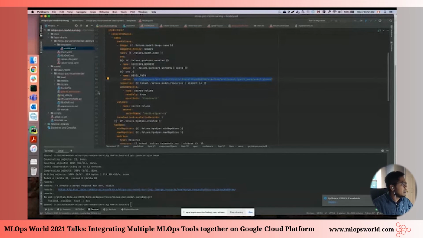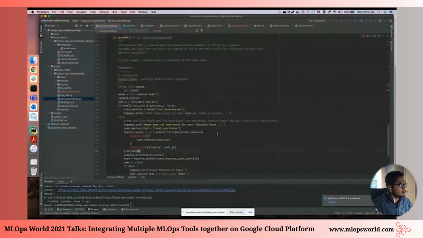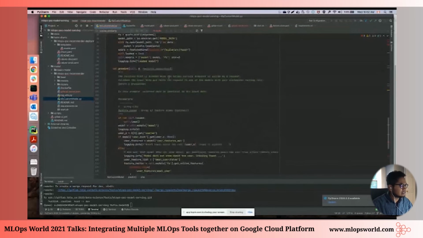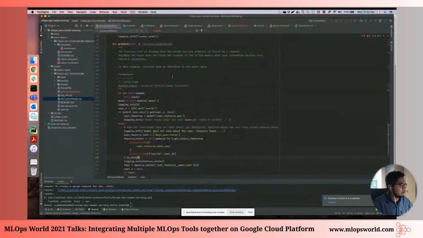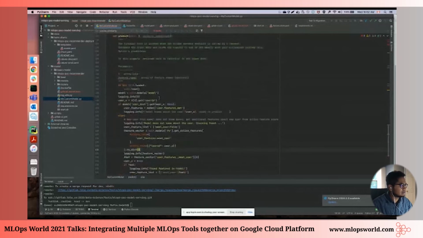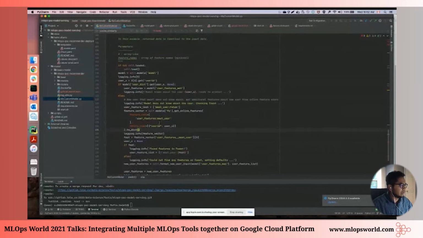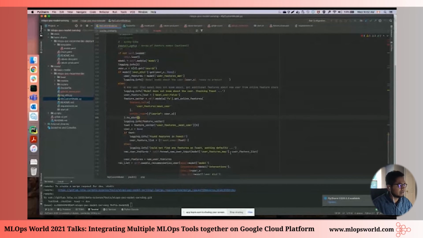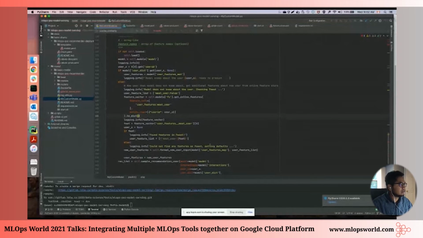platform. And in our model serving application, the important thing to note is we focus only on these predict methods, and we just implement how we are predicting. In our case, we just use the model, we load it at the load step, and then once the model is loaded, we get the input user ID, we check if the model actually can predict or if it's a cold start case. If it's a cold start case, it will then query the feature store, and it will get the features from the data store in real time and use that to predict the user's